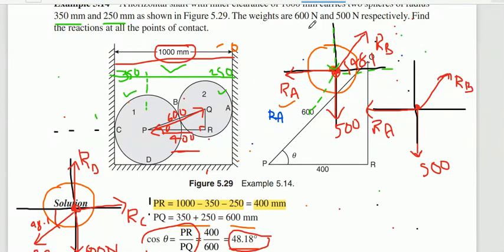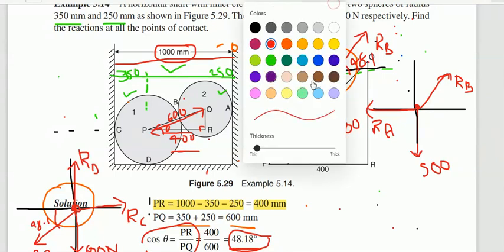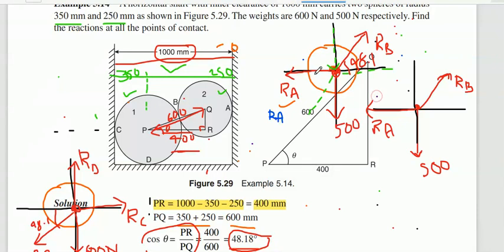So now you can observe this. This is 90. Just wait. Okay. This is 90 and this is 90. This is 90. This is 48.1. The remaining we can get. We can easily find out the angle between the other two forces. By adding this, we are getting the angle between the other two forces. Only for this one can we apply Lami's theorem.